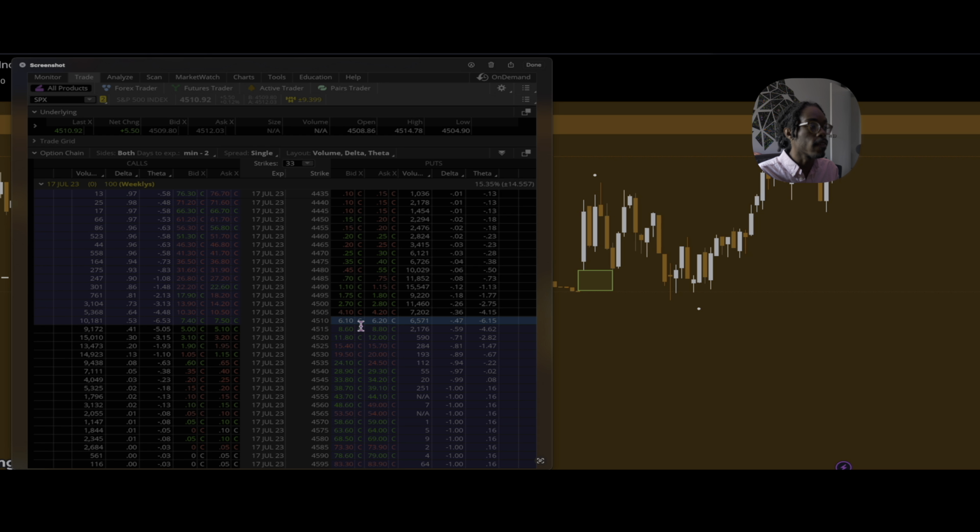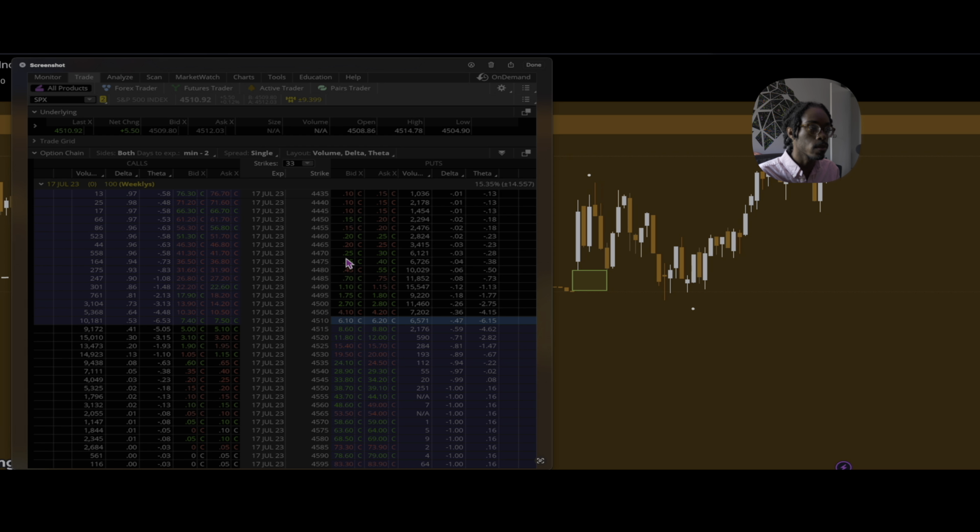Same on the put side. Let's do this one. This is easier. I bought this 4470 put for 30 cents. That's the ask. When the bid gets above 0.33, then it will sell. The contracts move in 5 cent increments, this is Thinkorswim at least. So it wouldn't sell for 0.33, it would sell for 0.35.